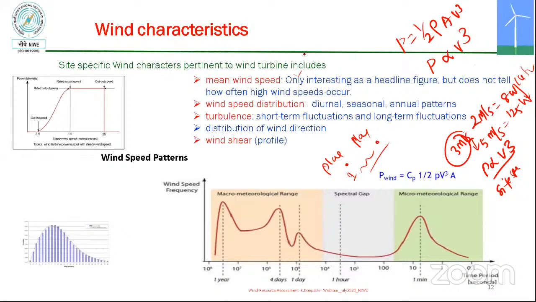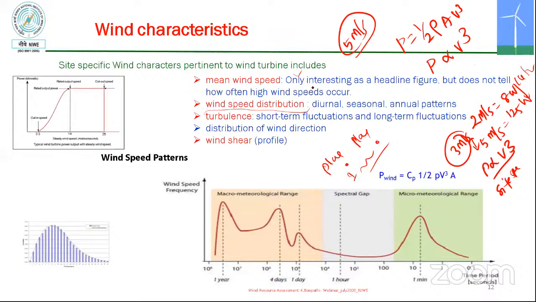Whenever you see that this particular site has 5 meter per second, what does it say? Only the 5 meter per second. It means nothing else is given, only the headwind, that is the 5 meter per second. And next, you should always know the wind